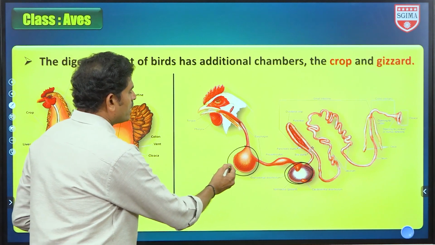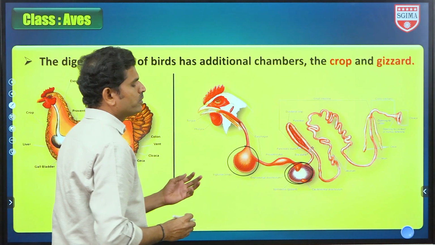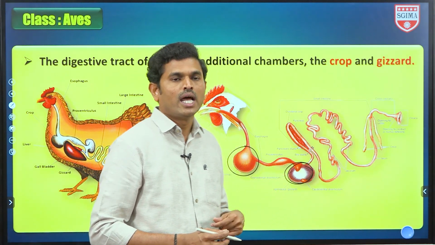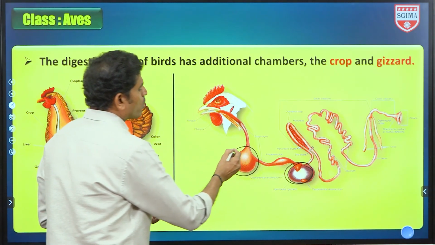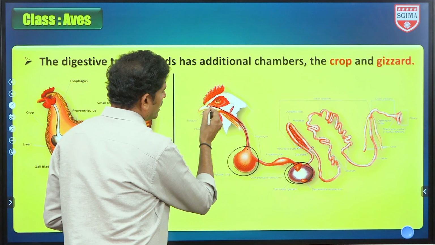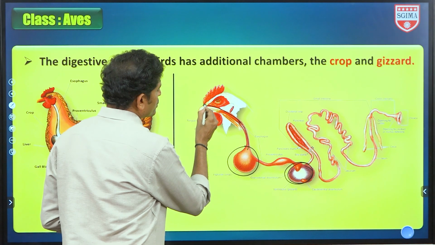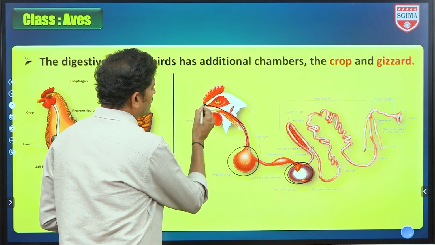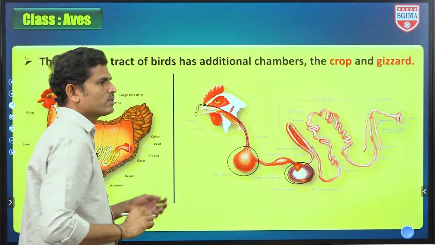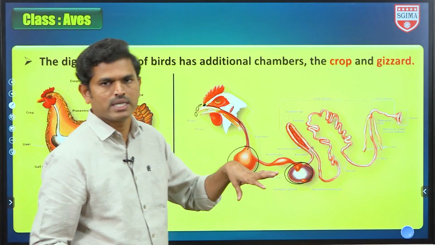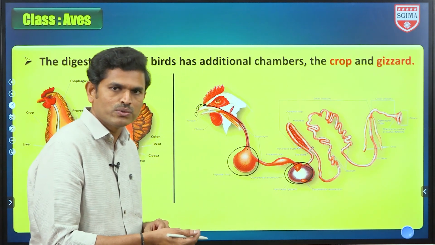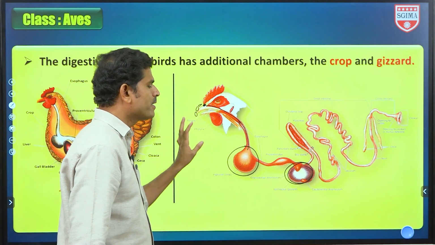Okay, so here crop का usage क्या है बोले तो that is going to store the food materials, digested food material, and in pigeon-like birds this crop is going to send the milk through this one, and here एक muscular flap like structure होगा that is called as seri. Through that this milk is secreted and given to the young ones. So that milk giving bird is a pigeon only, that helps babies or young ones to be brought up, but remaining birds में ऐसा नहीं होते.